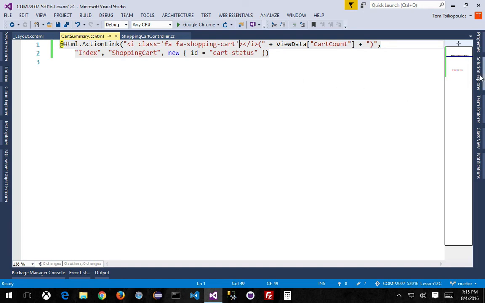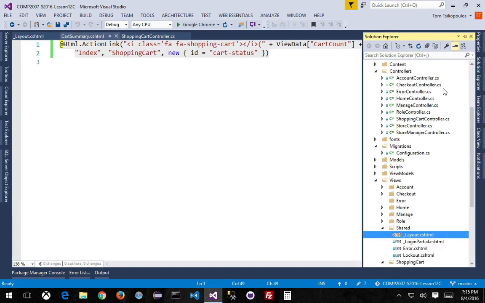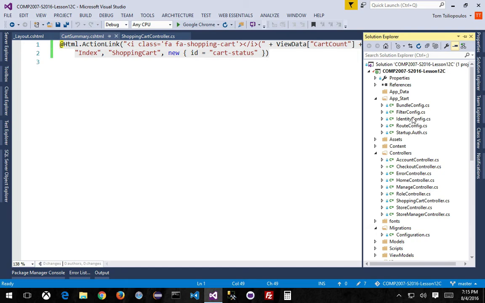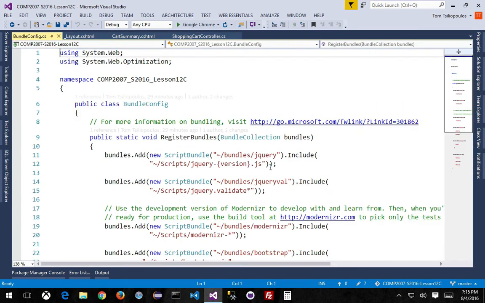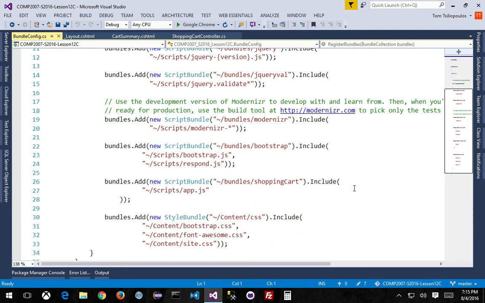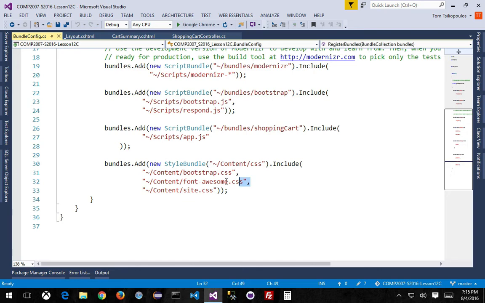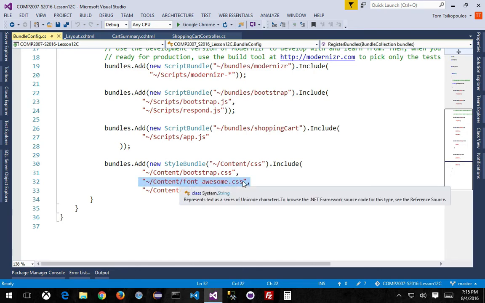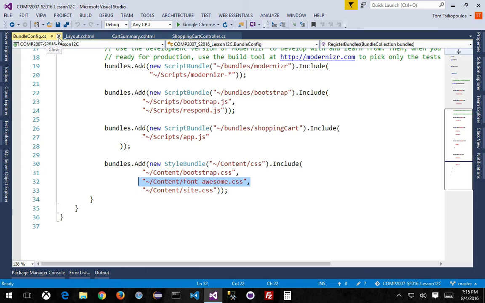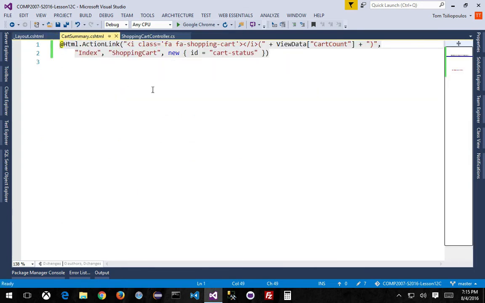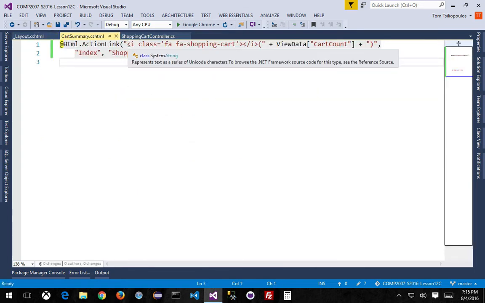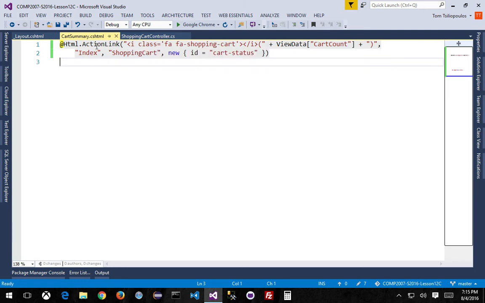So let's go back to my Solution Explorer. Let's look at our bundle config up here, where we have our bundle config. And let's see if we added it in there. Font Awesome should really be part of the bootstrap item. So it is here. I've already added in Font Awesome. So that's not the problem. So it's not our bundler. My Font Awesome is already bundled in, right? My issue is that this returns a literal, right, as opposed to the action. This is an action link,